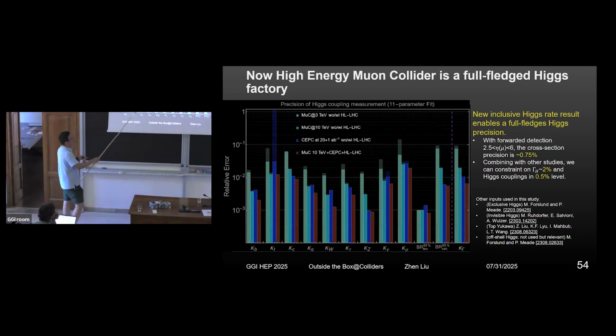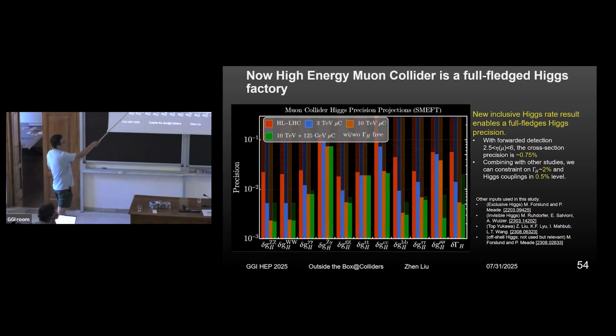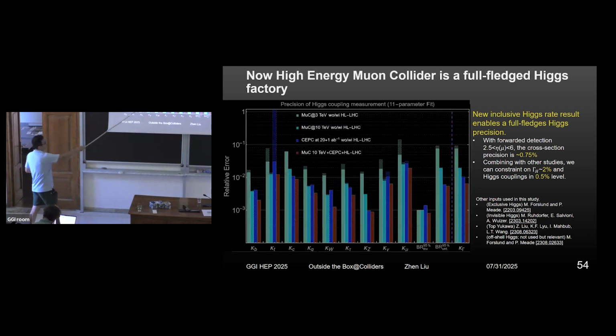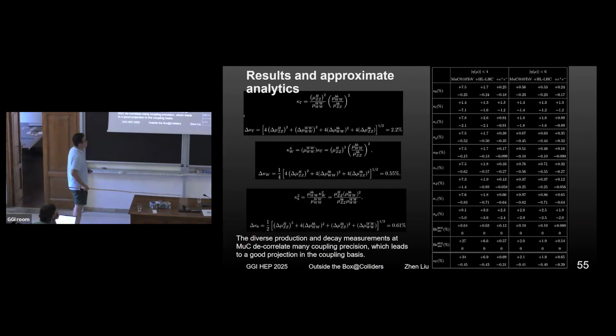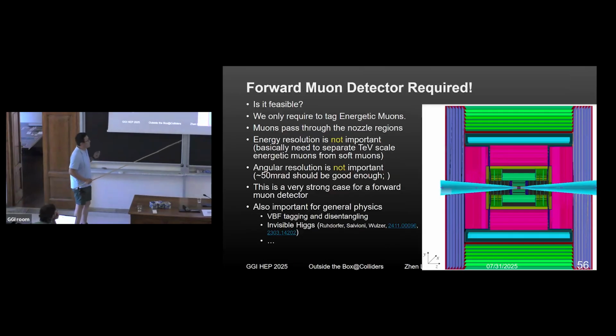Just to show you how powerful this is, before such a study, that's a global fit result. The faint region is unbounded. With such a channel, it's bounded and makes it a very interesting, competitive program for the muon collider. We don't need to go to details, but we have analytical control. The demand for us is that I want to see the muons in the forward direction up to eta of 6,